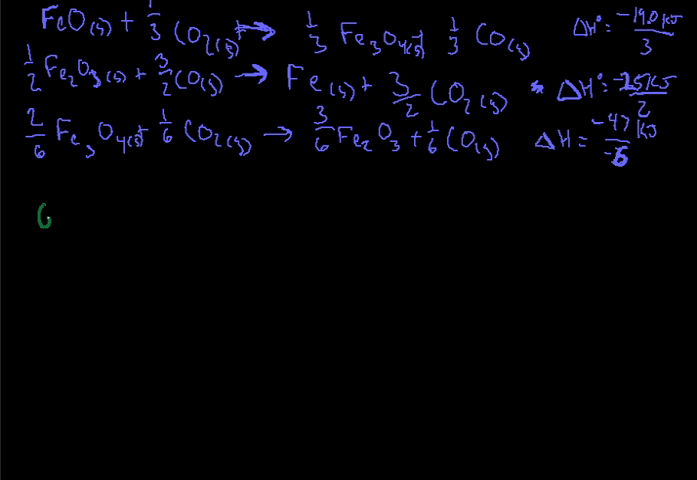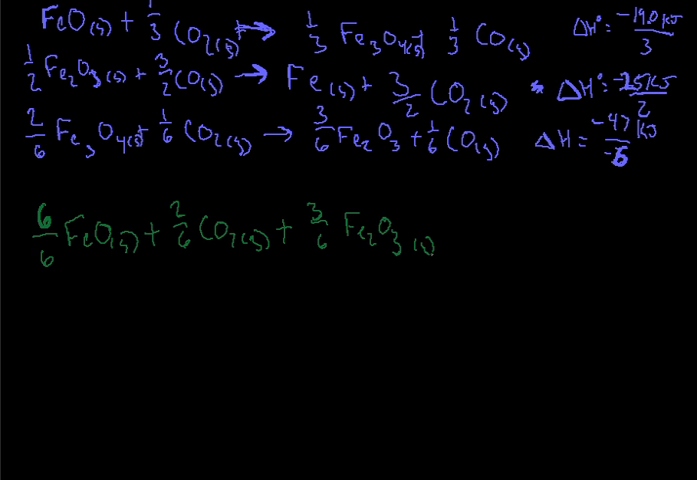All right. So I've got 6/6 of iron oxide. And I've got 1/3 is going to be 2/6 of carbon dioxide. And I've got 3/6 Fe2O3, or iron 3 oxide, and that's solid. And 3/2 will become 9/6 carbon monoxide. And I've got 2/6 iron 4 oxide,